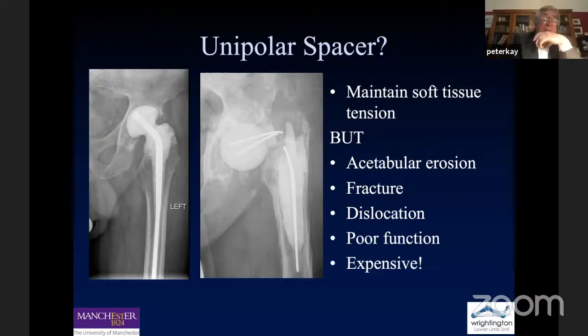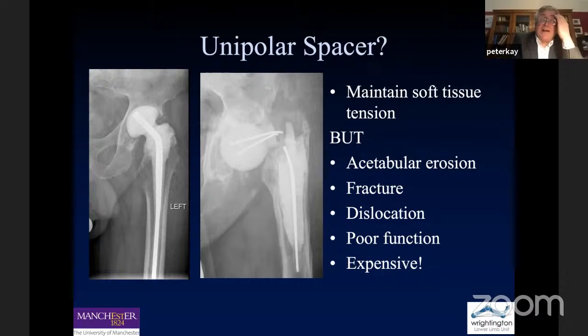And some of them didn't really want to give it up, even though it was meant to be temporary, and you were seeing acetabular erosion or even fracture of the cement spacer or dislocation of it ultimately. But because the infection had been eradicated with that, the patient was happy to think, well, I may just stop now, even though the functional result's not great, I've not got infection.